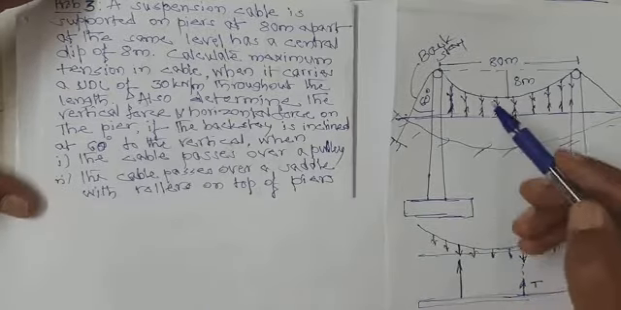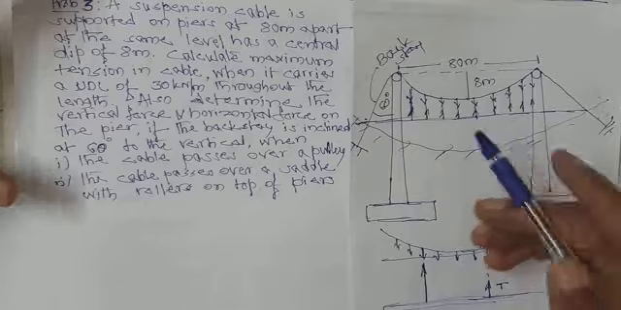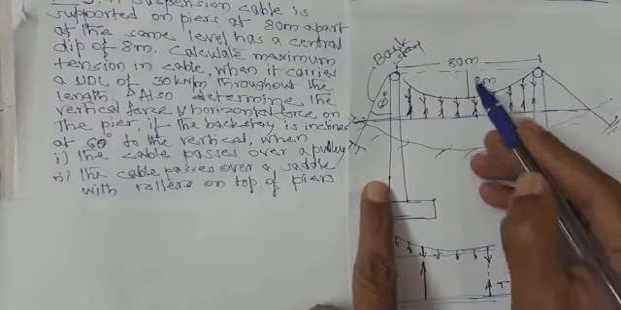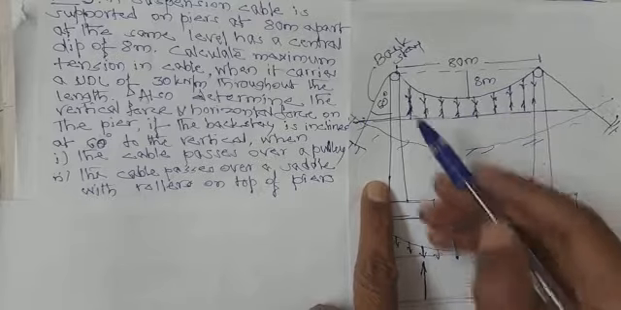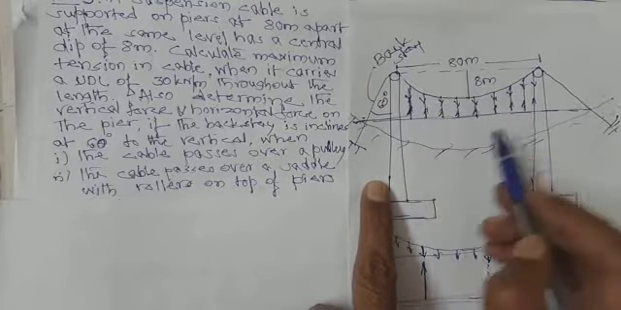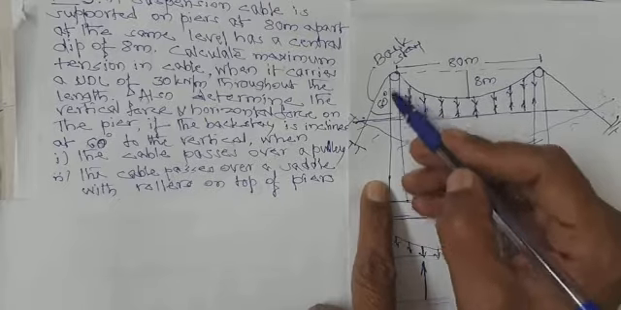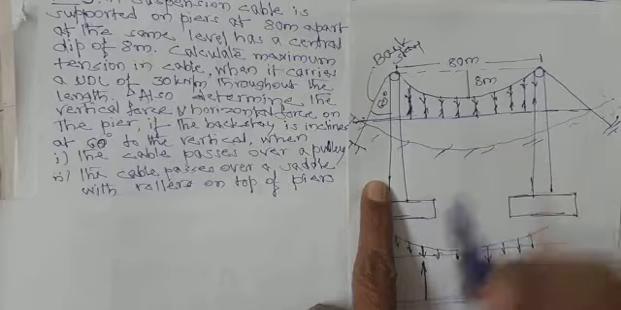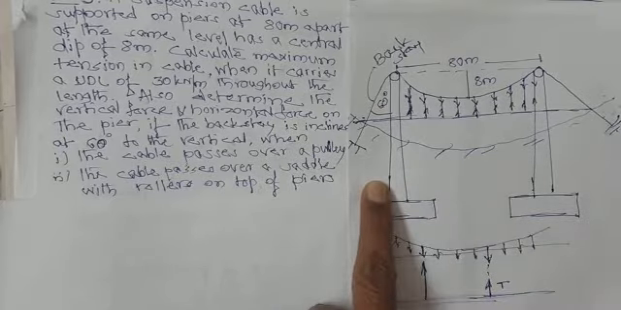We'll see now. This is the cable which is resting on the piers which are 80 meter apart. The central dip of the cable is 8 meter. This is the backstay. These are the suspenders and this is the decking. This backstay makes an angle of 60 degrees with the pier. This is what has been given. So now we'll consider only this